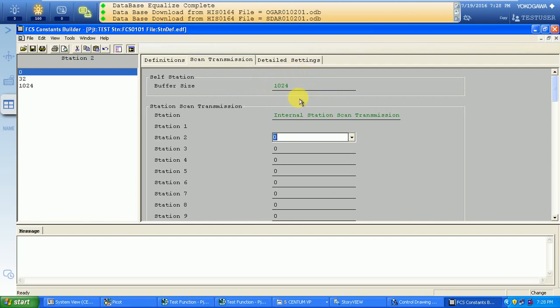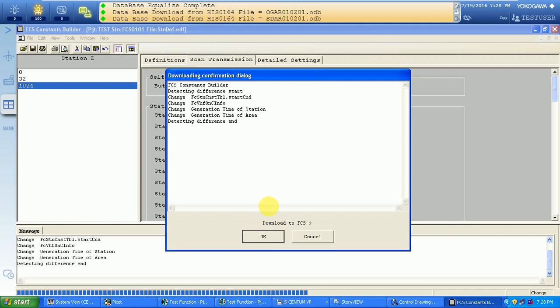FCS 0101 buffer size is 1024, and I will set the buffer size of station 2, FCS 0102, to 1024, so I select 1024 bit. That should match the station configuration, otherwise you will face an error.